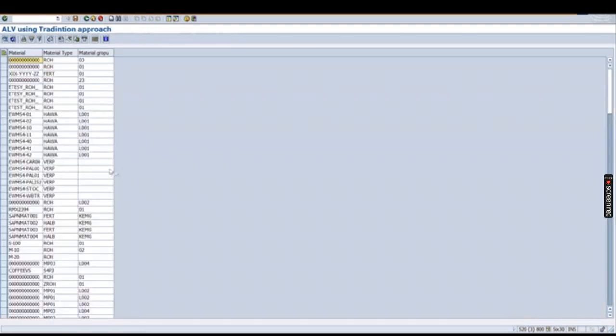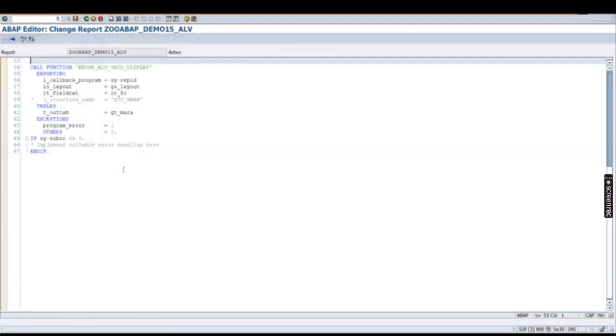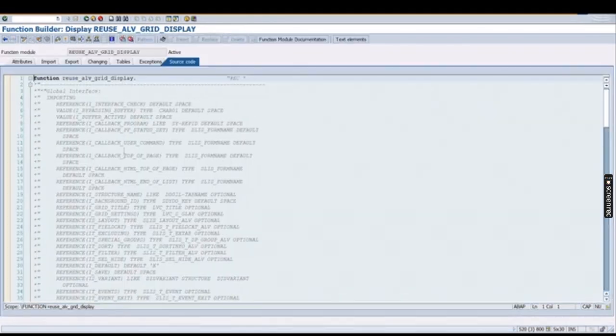and after double clicking you want to see the detail of this particular material, or if you want to see in how many plants this material has been extended, that also you can do over here. So for this you have a parameter called